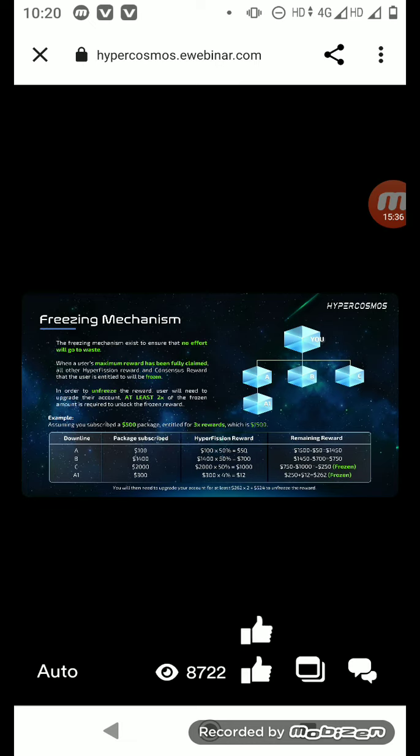With your direct downline Pioneer C, you will get 1,000 from his or her 2,000 package. Remember, you get 50% from your direct downline should they choose the second option of deposition. 750 will be released, but what about the balance of 250? For the time being, the remainder will be frozen as you have reached the cap of 1,500 reward. In order for a user to unfreeze the desired rewards, Pioneers will have to upgrade their account with double of their frozen rewards. In this case, you have 250 frozen. You will need to upgrade the account with 500 in order to unfreeze the account.